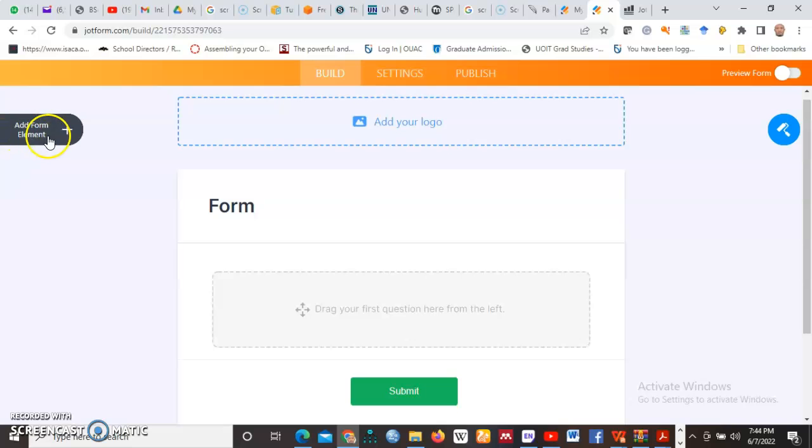Now, this button, add form element, is a very, very important button. It gives you an opportunity to drag and drop your form elements here. We also have a form designer. This one is a setting which gives you options to change the designs of your form after you've created it. We have add your logo. You can add your logo here, but you saw that at the beginning there was an opportunity to put the logo and the company's name before you even start creating the form. So let's get started. You click